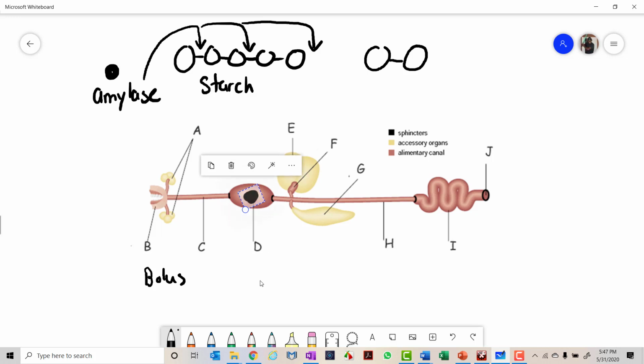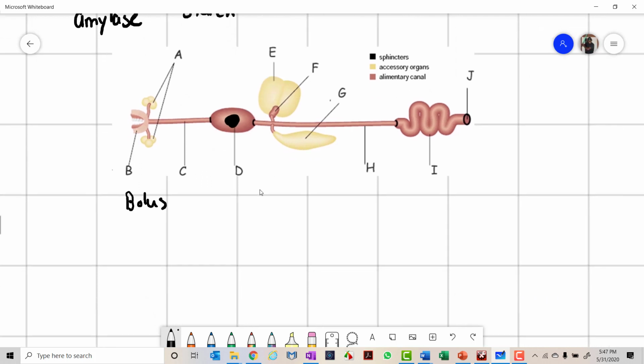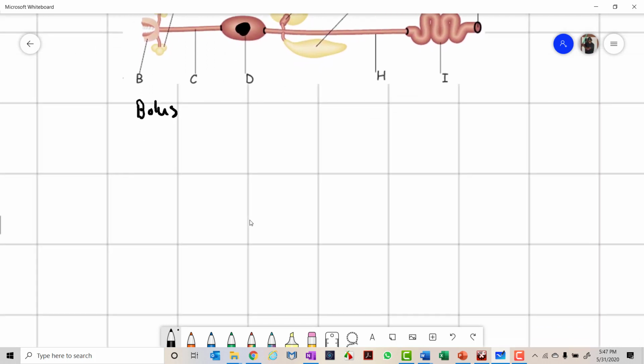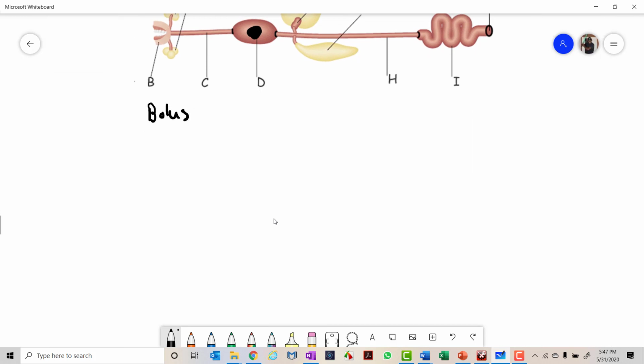The stomach has a whole host of enzymes. A common misconception is that the stomach is the major site of digestion. It is not. The stomach has some very specific roles. And some of those roles, let's get down to them, include the breakdown of protein. So if we get to the stomach wall, the stomach has a lot of these pits inside of it. These pits